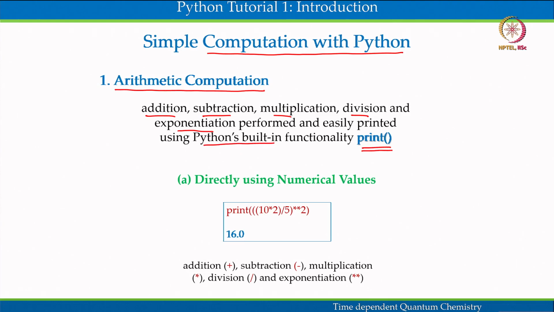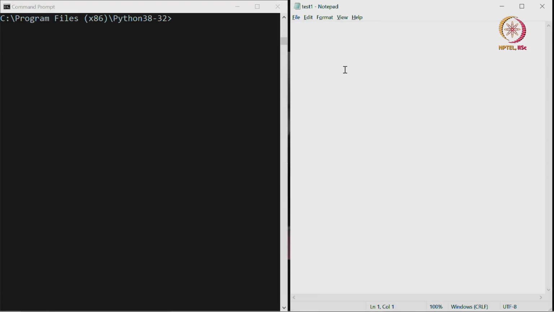I will show it on my laptop right now. If I write print 2 star 2, it is 2 multiplied by 2, and I save the file